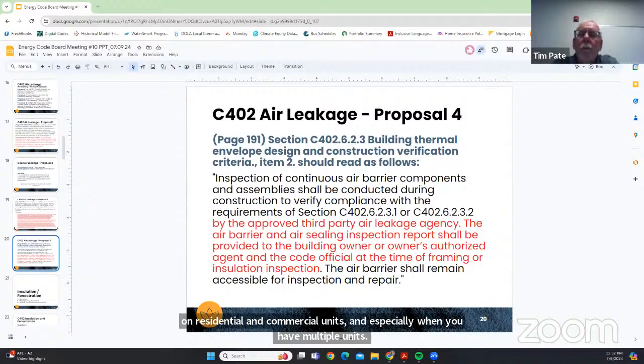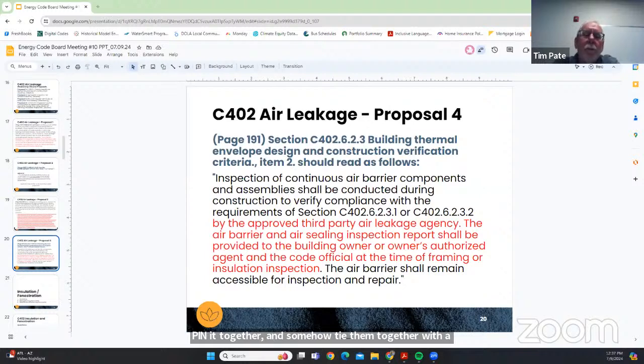If you see these bigger buildings, whether it's a hotel or apartment building, even office buildings, they come out in sections, and then they've got to pin it together and somehow tie them together with a good air barrier. So that is a question that keeps coming up on the TAC. As they've gone to the 21, they haven't started the discussion on the 2024 yet. They've got a couple of years left to go.